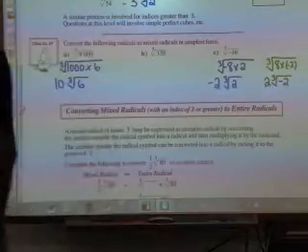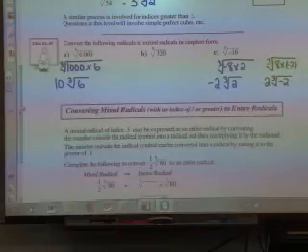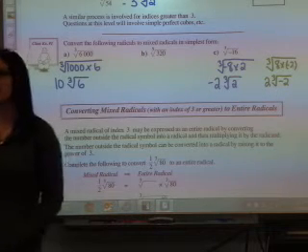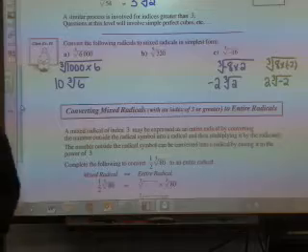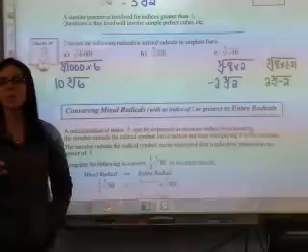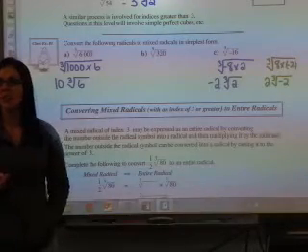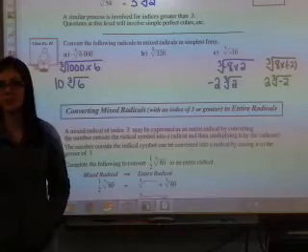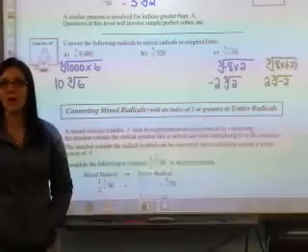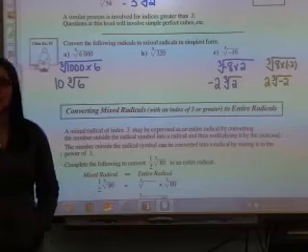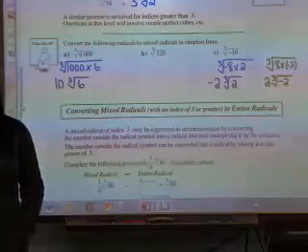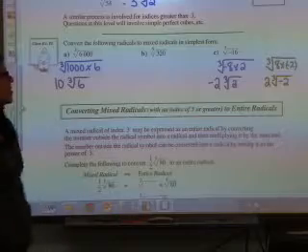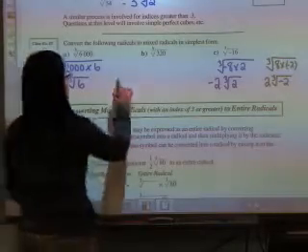Okay, so that leaves us with B. If you have an index that is more than 3, perfect square numbers and perfect cube numbers we should be able to get a handle on, but trying to find perfect numbers to the power of 4 or to the power of 5 starts to become a little bit harder. So what we're going to actually do is we're going to go back to prime factorization. So if I think of the number 320,